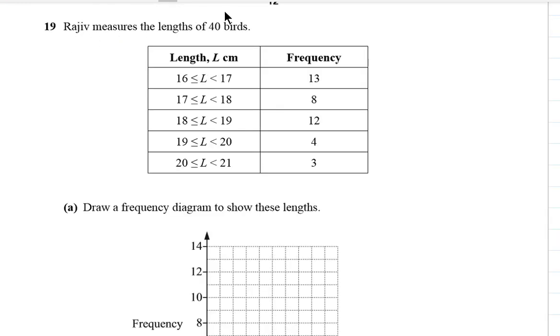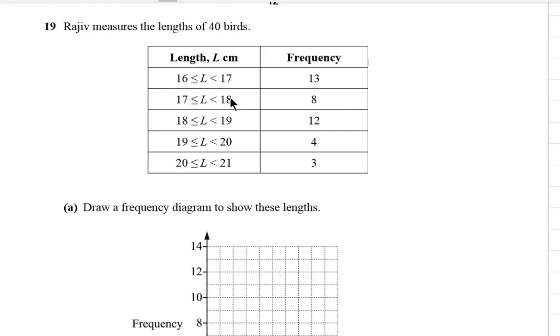Question 19. Rajiv measures the length of 40 birds. Of course, you know this table. This table is called a frequency table, but we want to explain its meaning. We have here 13 birds with lengths starting from 16 centimeters to less than 17. For the second row here, we have only 8 birds with lengths starting from 17 centimeters and less than 18. Of course, if we have a bird with length 17 centimeters, we will count it in the second row,